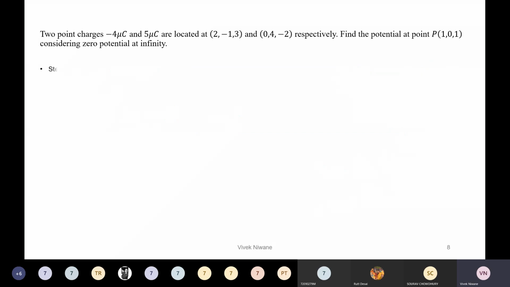So moving to the numerical. How to solve it? Calculate V due to Q1 and Q2 separately because we have two different charges. Add both potentials. Think of it like this: I have one bulb of 4 microcoulomb, and I have another bulb having 5 microcoulomb, and somewhere in between I have point P. The light from this one will come, and from the other will come too, so the overall intensity at point P will be the addition of these two. So we add the voltage due to Q1 and the voltage due to Q2 to get the potential at point P.